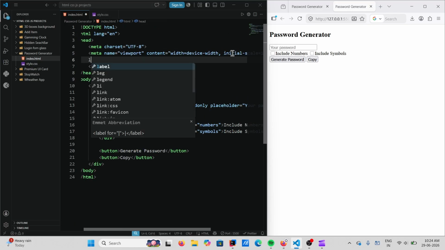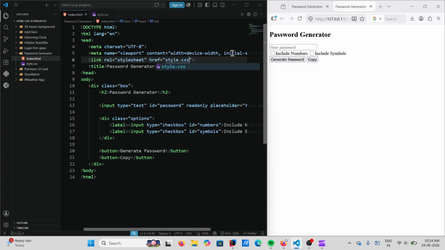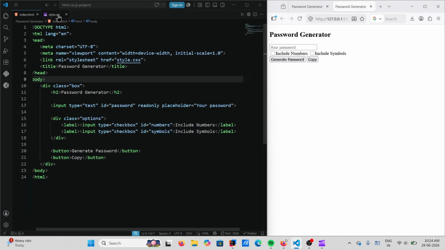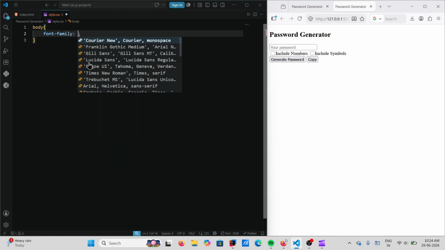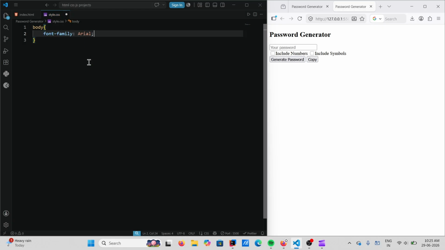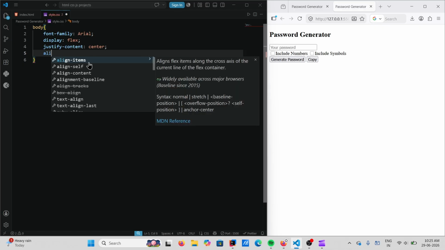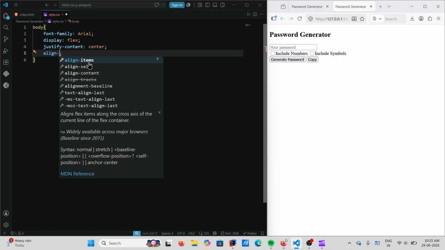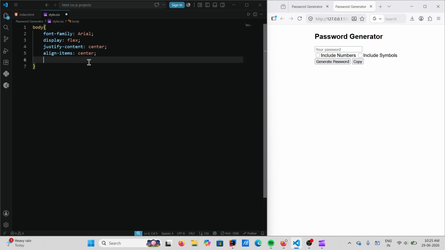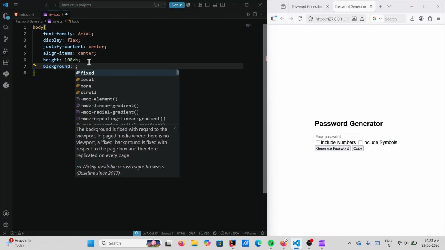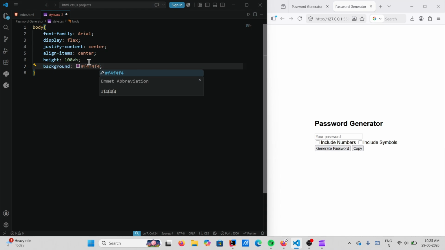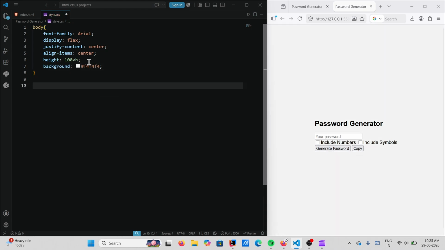Link this style.css. Okay, our CSS is linked. Now we will write the CSS program here. Go to body tag and font family is Arial, and display flex, justify content center, align items center, and height 100vh, and background is f4f4f4. That's good. Then box